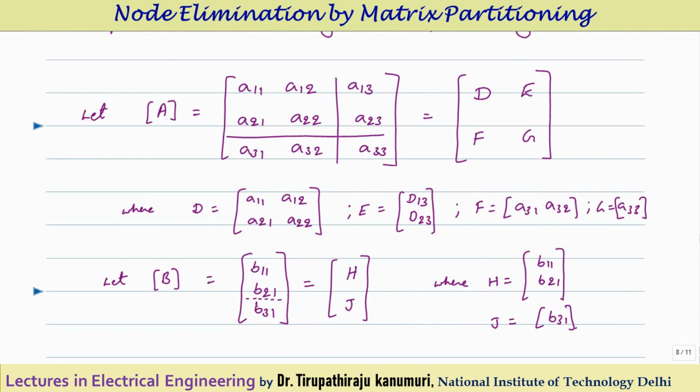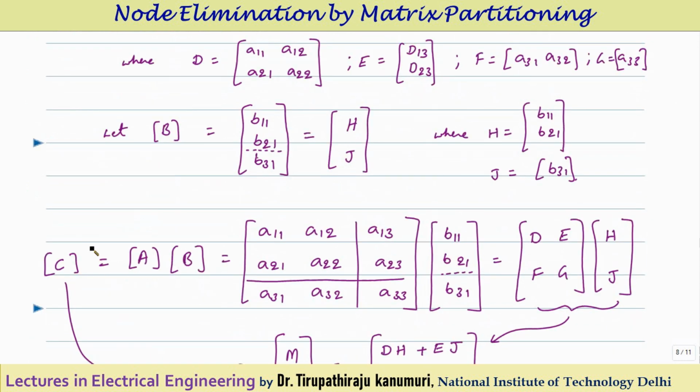That's why in the real world, when the number of buses is very large, we can subdivide the matrix and do it. So how to do it? Let us take an example: I want to calculate some matrix C, which is the product of A and B. Let us assume the A and B matrices are like that. A is a 4 by 4 matrix and B is a 3 cross 1 matrix. So this can be calculated by partitioning into subparts.